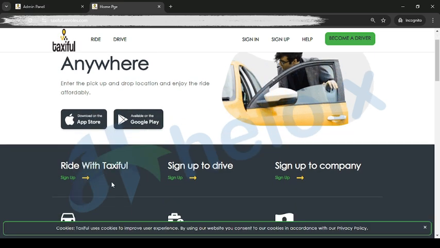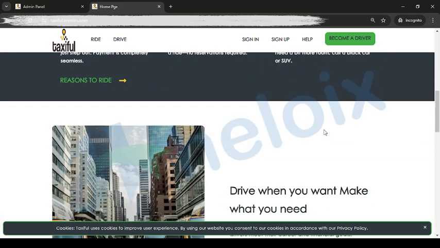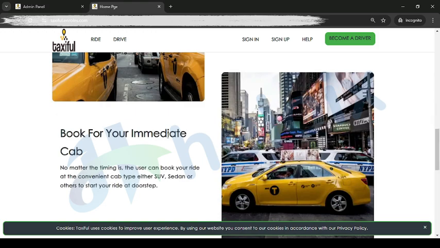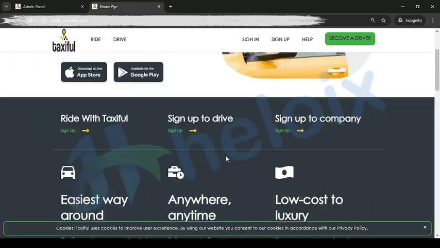Okay, so you can sign up as a rider, as a driver, as a company. Companies are different types of travel agencies who have multiple drivers, so they can register with you or they can use your solution on a commission basis. Okay, here you can check, this is the front end. Here you can set up your content, or you can change it. If you want to change any pages or you want to create any pages, then you can do it.